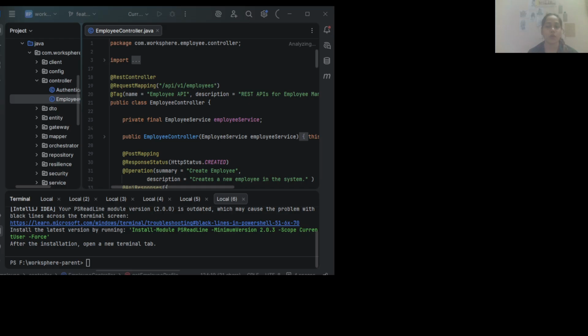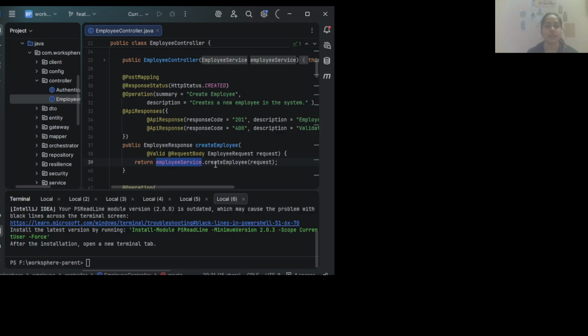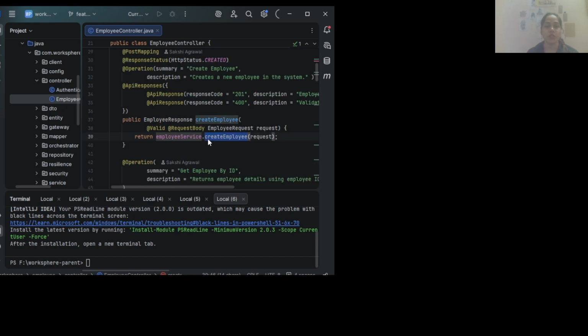Here we are calling employeeService.createEmployee, which is one of the methods inside the employee service. A real-world example: think of the controller as a receptionist. It receives the request, sends it to the correct department, and returns the response.